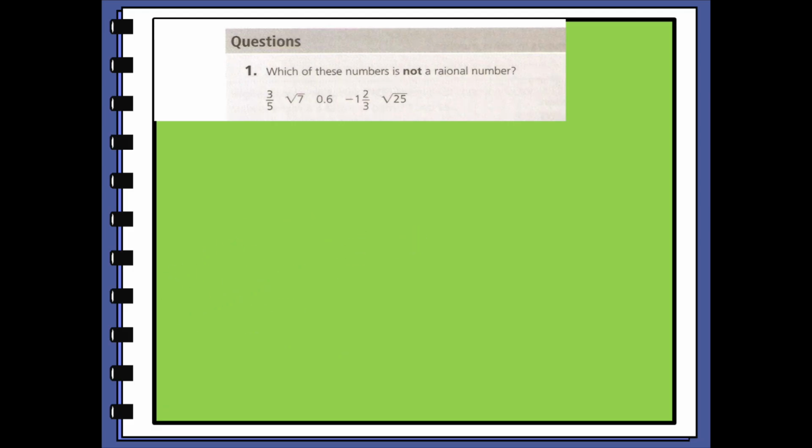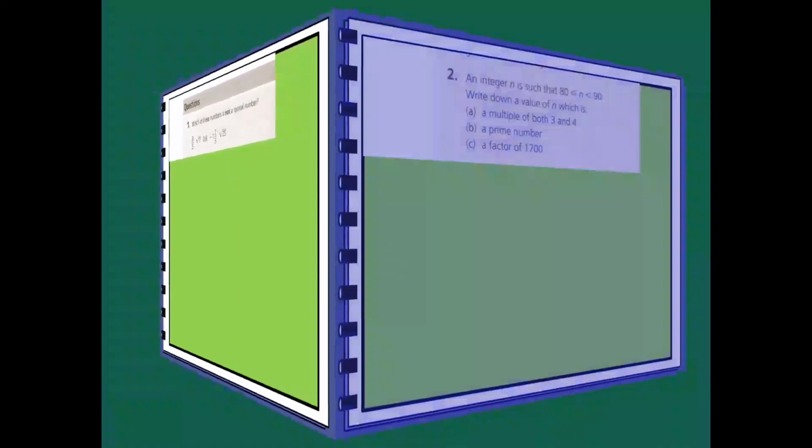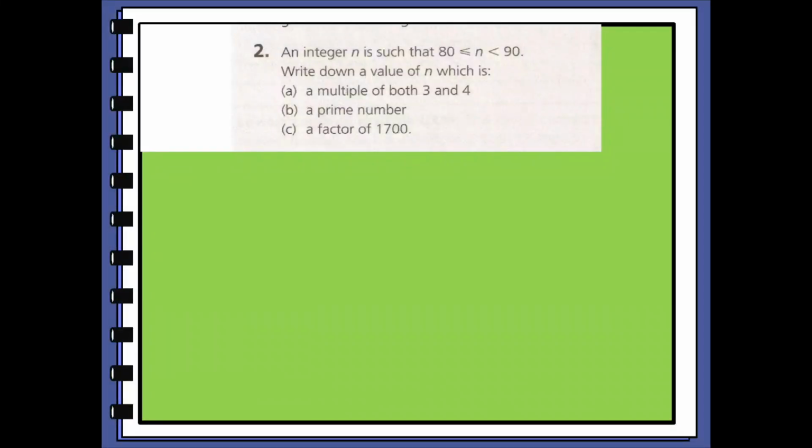Right, then we look at our number 2. Okay, so here I'll guide you, then I'll let you solve it. It says an integer n is such that 80 is less than or equal to n and less than 90, meaning our n, the numbers which make up n, they start from 80,